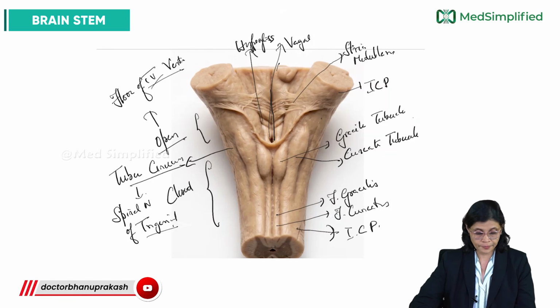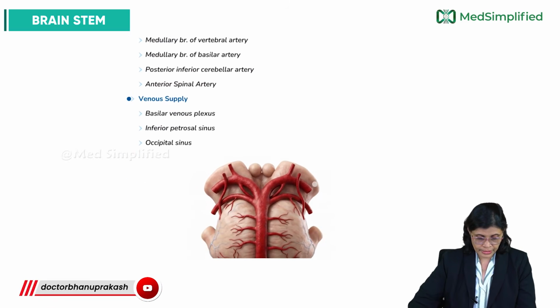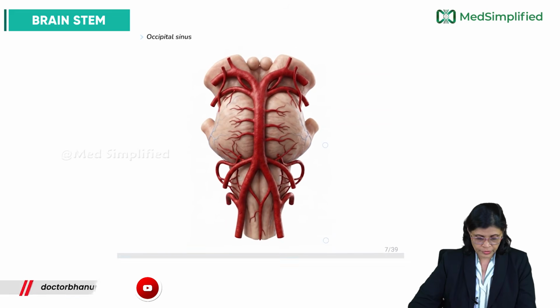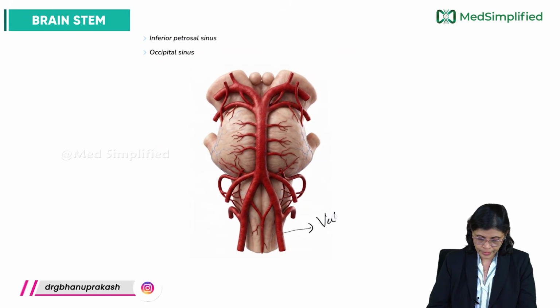So these are some of the features which we see in the dorsal part of the medulla oblongata. So coming to the blood supply of medulla, it will be supplied by the medullary branches of the vertebral artery. Now this is the vertebral artery. So medullary branches of vertebral artery, medullary branches of anterior spinal artery,